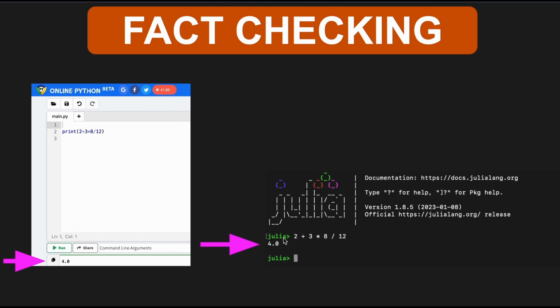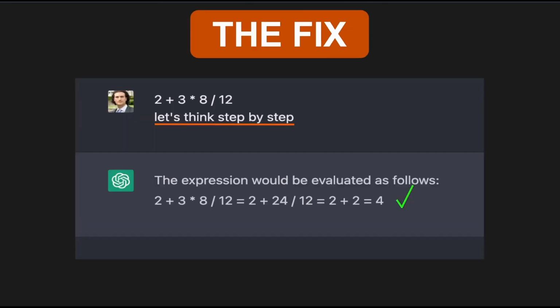So this is what ChatGPT can also do if you ask for it. This fact checking, it can check information, because right now it takes data from the vast amount of data that it has, but doesn't know which one is true or false. And who actually knows? I have some funny examples that you'll see in a minute. So here's the fix.